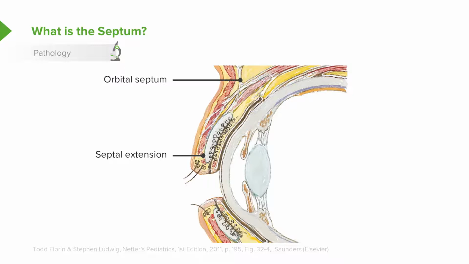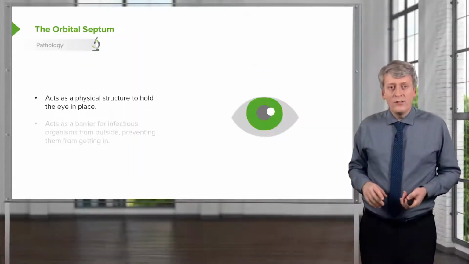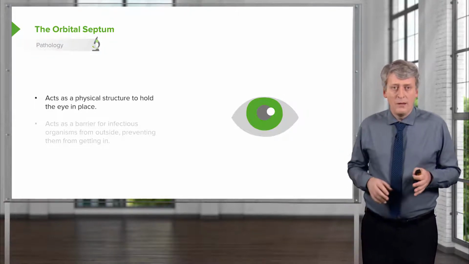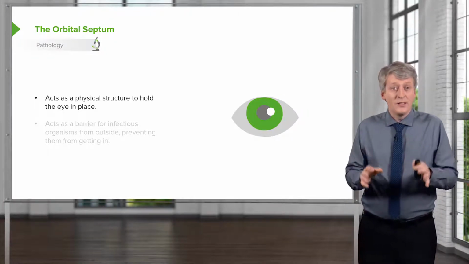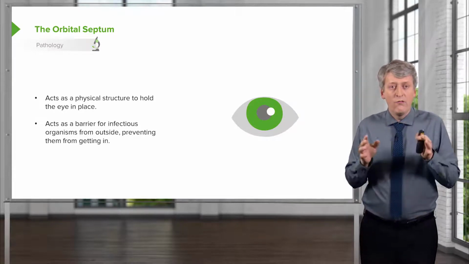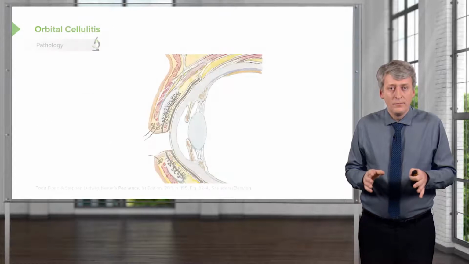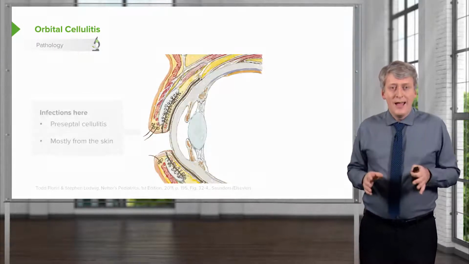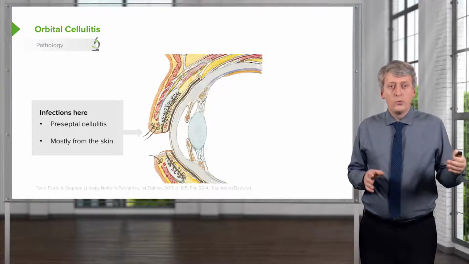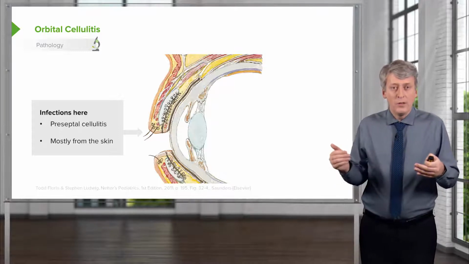However, that septum serves more than just a structural role. It prevents bacteria from going in one direction or the other. So infections in front of the septum will be different than the ones behind the septum. That septum is acting as a physical structure to hold the eye in place, but also a barrier for infectious organisms. So if we look at this eye again, infections outside the eye we call preseptal, or before the septum,